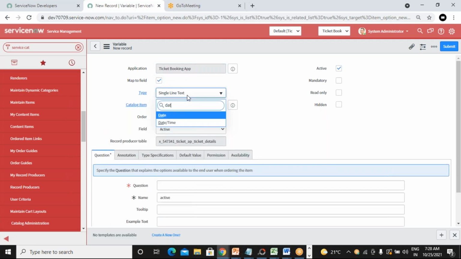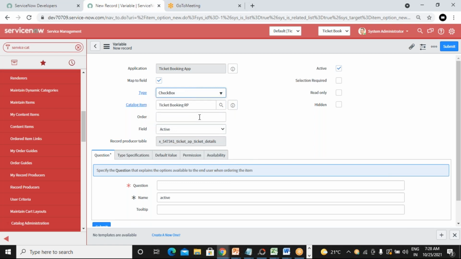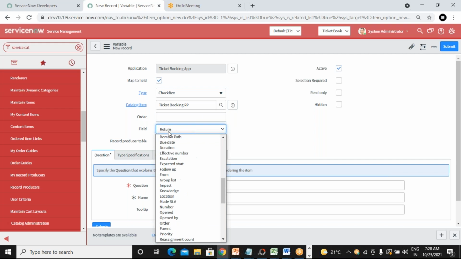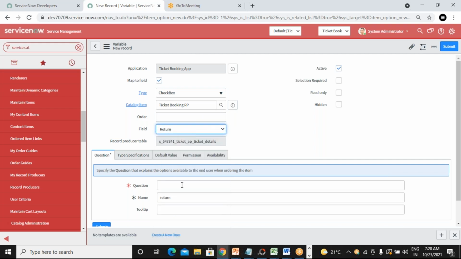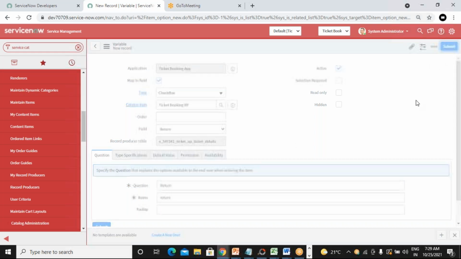You can select that. For return checkbox, you can select the checkbox option, the field data type is checkbox, and here you can select return and give the question as return. Then submit it.